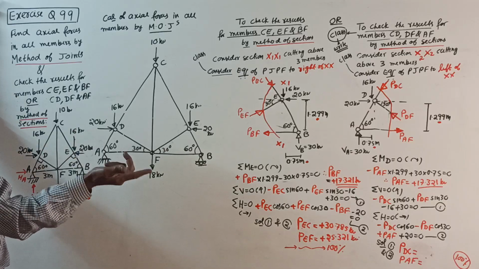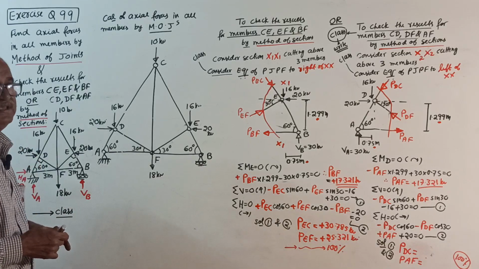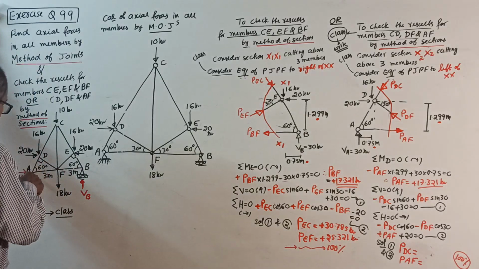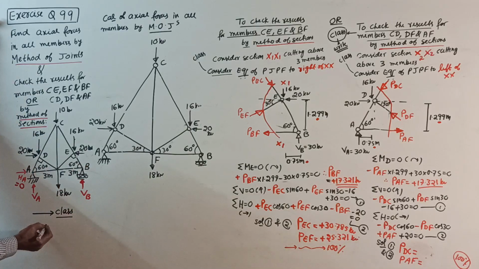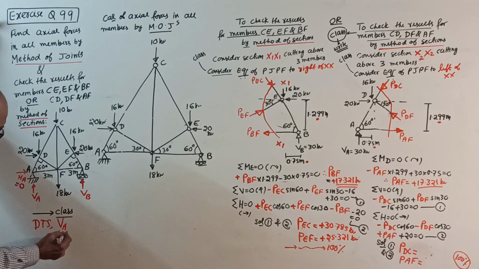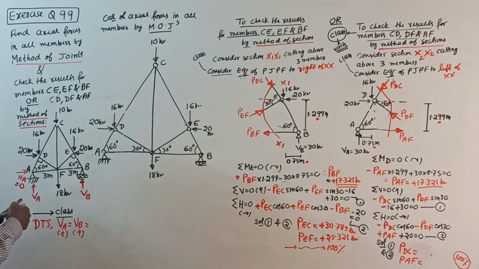If you make sigma H equal to 0, see, HA plus 20 minus 20 equal to 0, your HA will come 0. Since your HA is 0, this support, even though hinge support, only vertical reaction, therefore right here, perfect symmetrical. So right here, due to symmetry, vertical reaction at A in the upward direction equal to vertical reaction at B in the upward direction equal to, right here, total